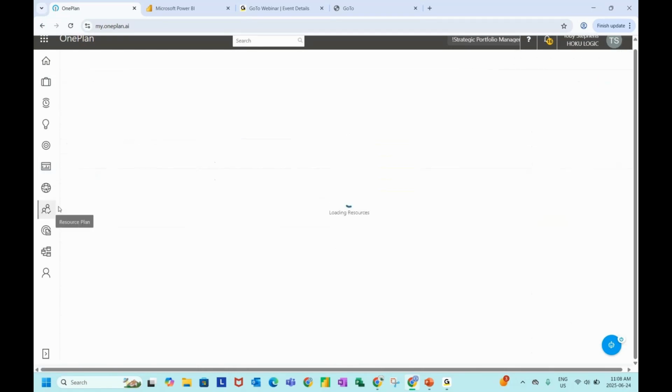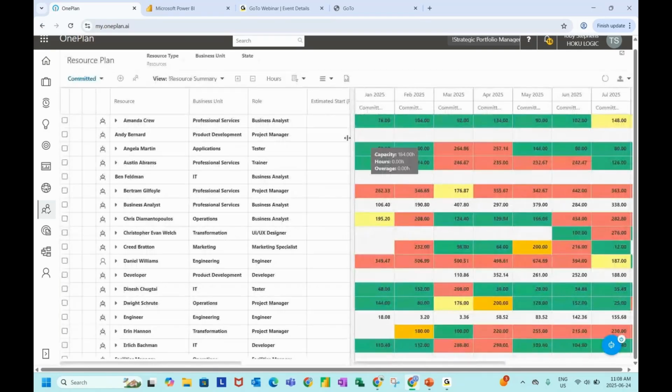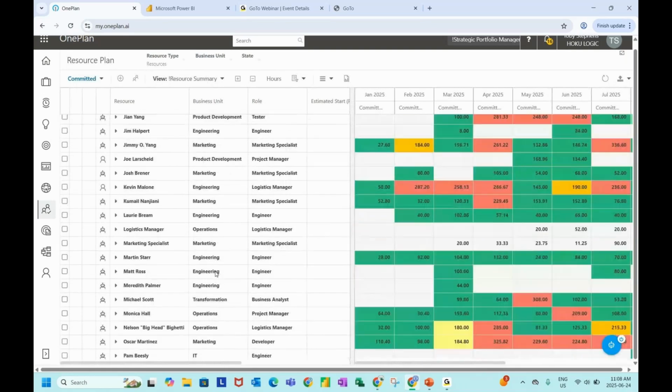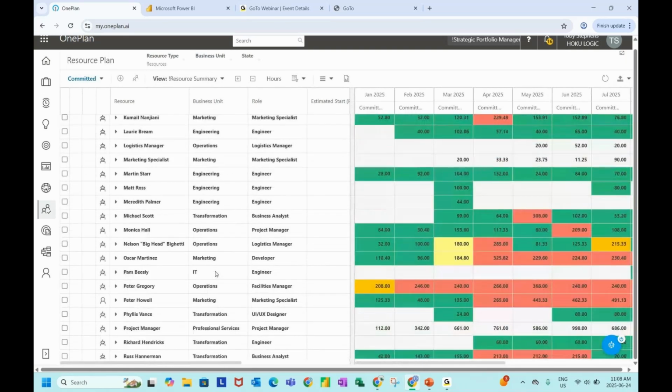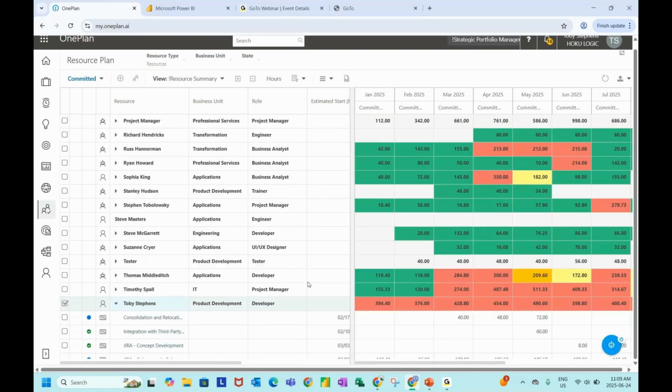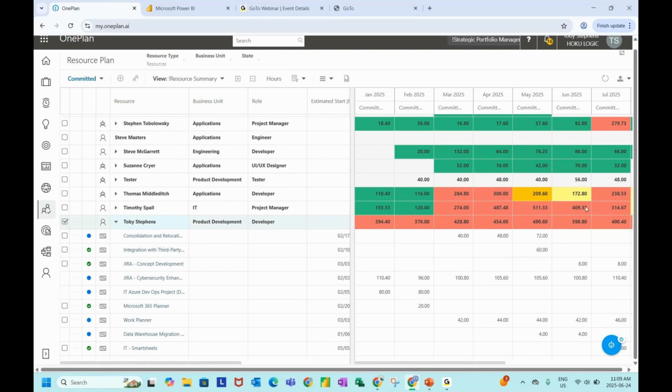If I go into my OnePlan and my global resource plan view, if I go to Toby, that's who I'm logged in as, you'll notice that he's very well allocated. You'll be able to see wherever Toby's allocated, once that vacation is approved for that week or for that month, they're way over allocated because they don't have the capacity available because they're